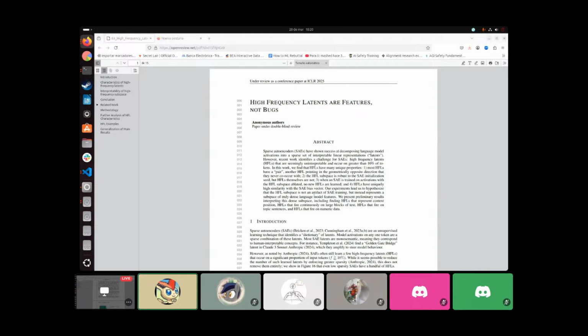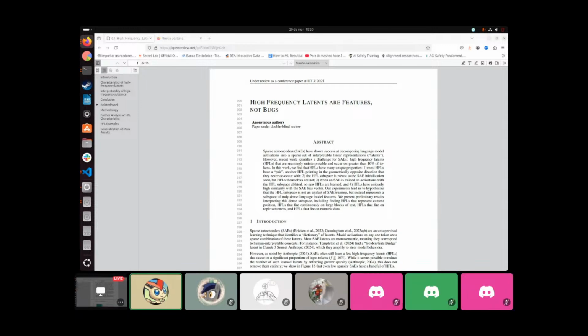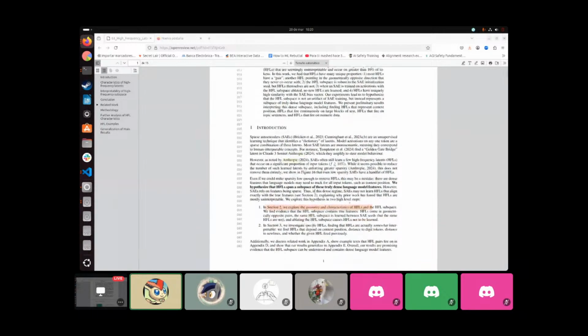So they train sparse encoders, and they find that in the sparse encoders there are some high frequency latents that happen in a lot of examples. They don't seem to be interpretable. They hypothesize here that this is not some weird bug of sparse encoders, but that they actually mean something, and they just happen very often. The problem is that since they happen very often, and sparse encoders are trained with sparsity